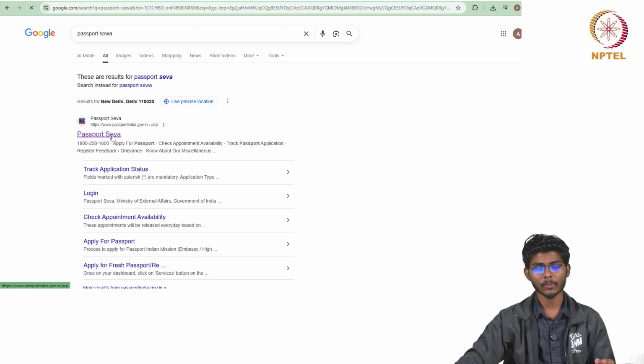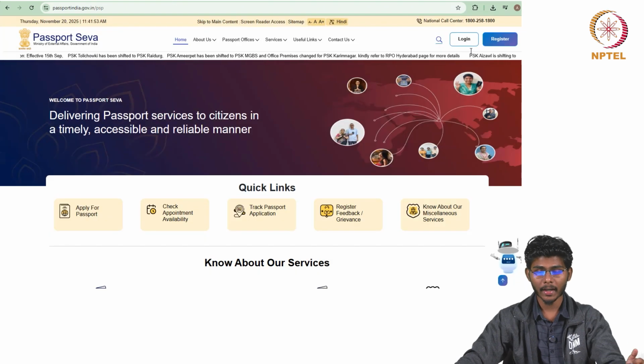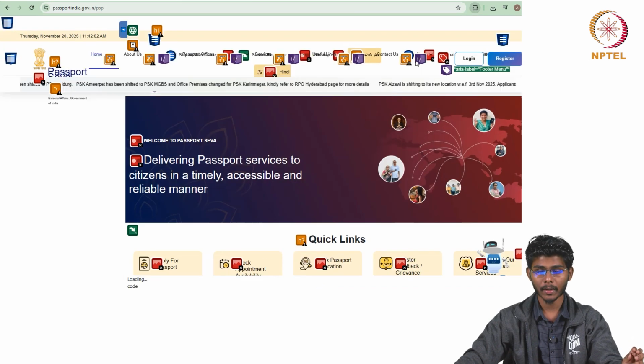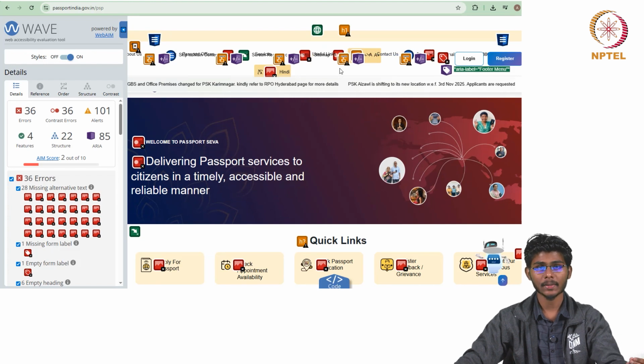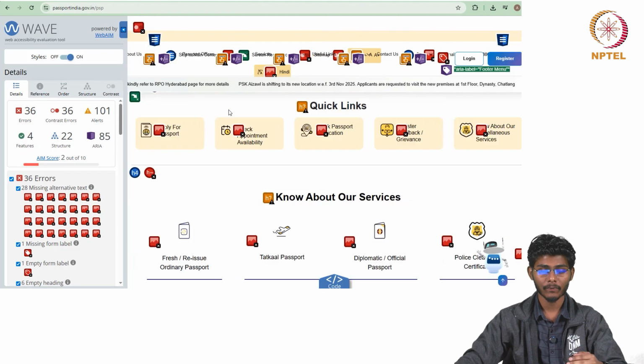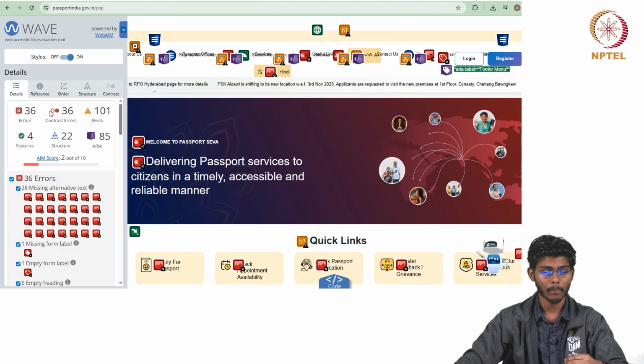After opening the interface, we can go into the extensions, and when we click the Wave evaluation tool, it automatically opens the analysis report on the left side panel. This generated analysis is of the Passport Seva portal.